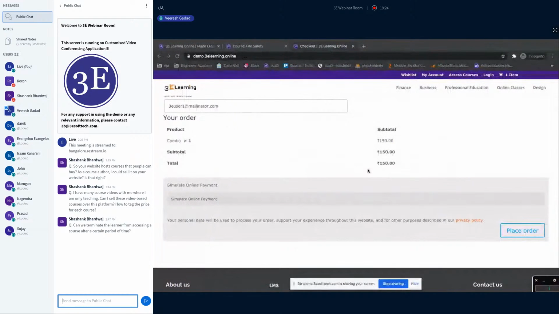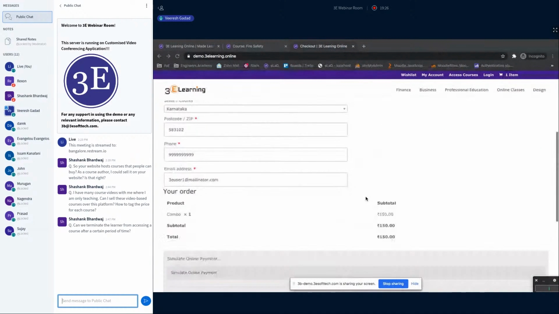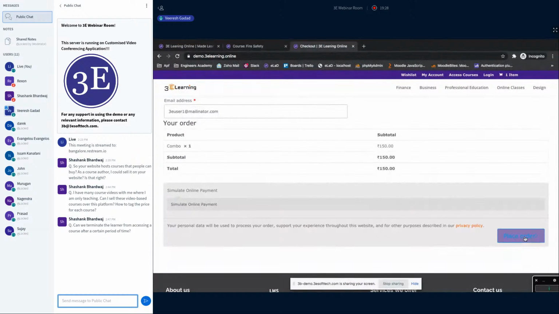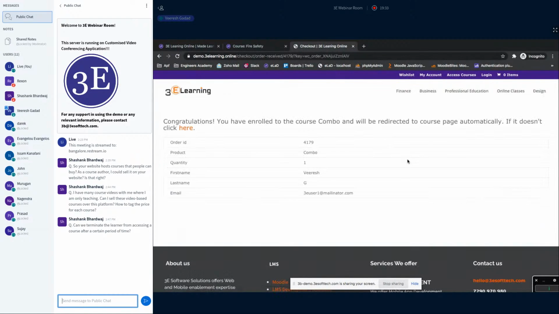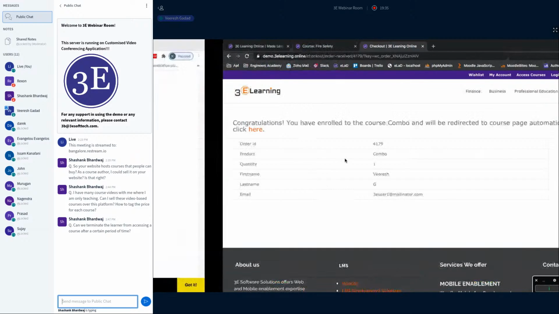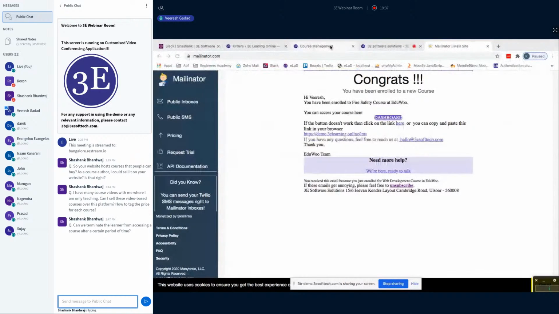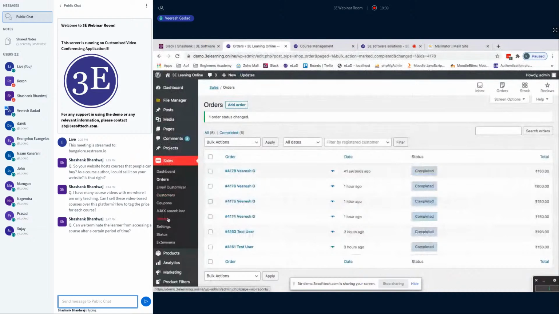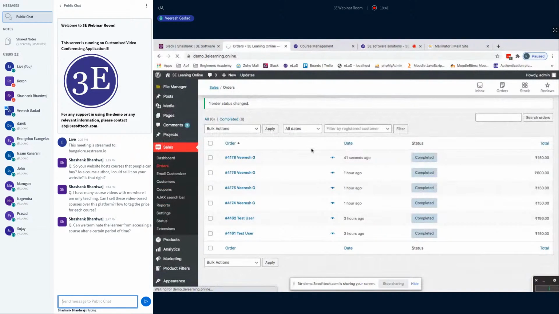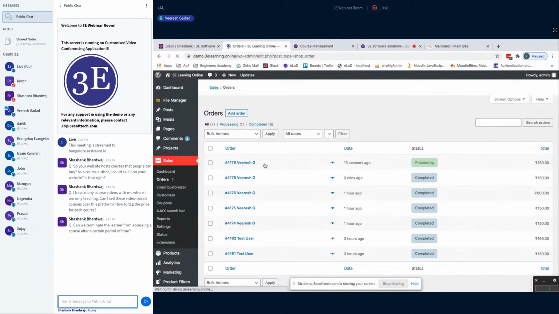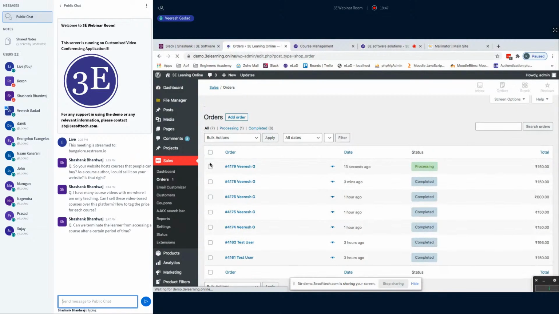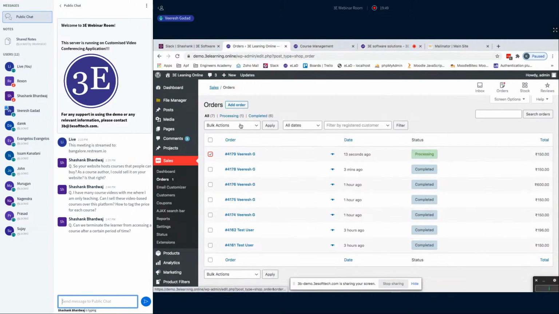Now I'll try to buy this respective combo course. Once I click on place order, I need to switch back to the admin side and complete this order, since it will be in a processing state. As you can see, once I click on change status to completed,